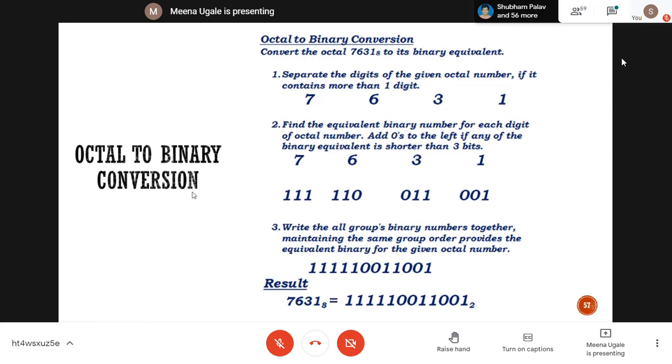While writing this number together, see to it that you are writing 1s and 0s properly. The normal mistake done by students in the exam is that your answer is correct, but to represent it finally, you mess up the 0s and 1s a little. So write it properly. Okay, this is octal to binary conversion.